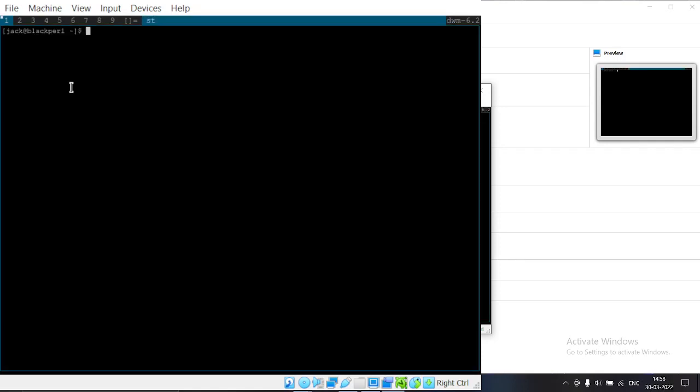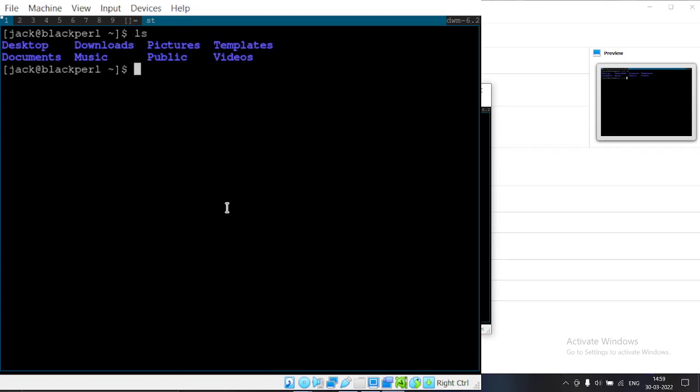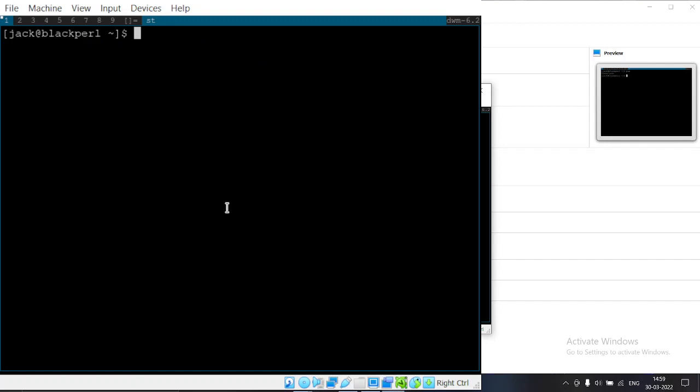So the basic key binding here for opening the ST, the simple terminal, is the mod key, shift and enter. Generally the mod key is the alt key. So if I do alt shift enter, I am presented with a terminal. This is the Suckless terminal. I can increase the font by doing control shift and page up. Let me see if you can see that or not. Yes, you can. So if I do ls, that's too much. And then we are in the home of Jack.